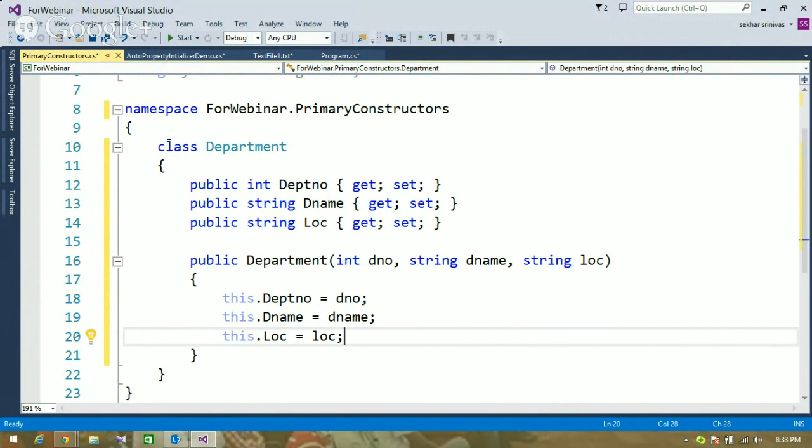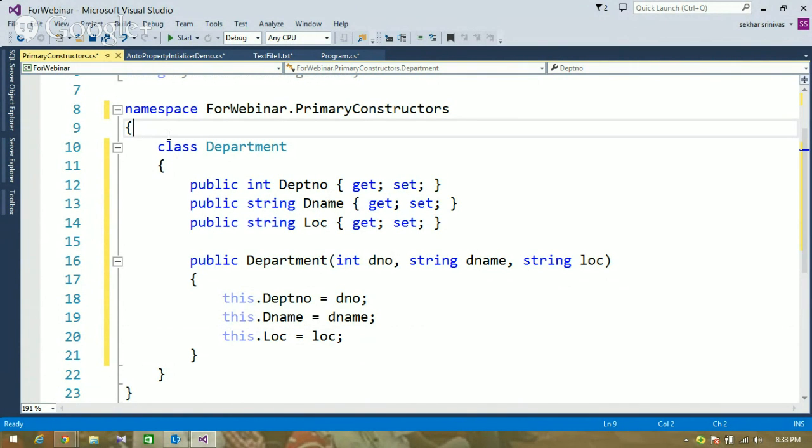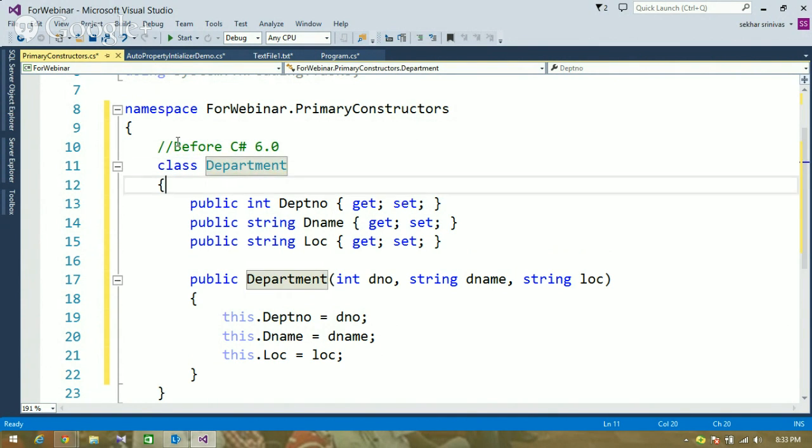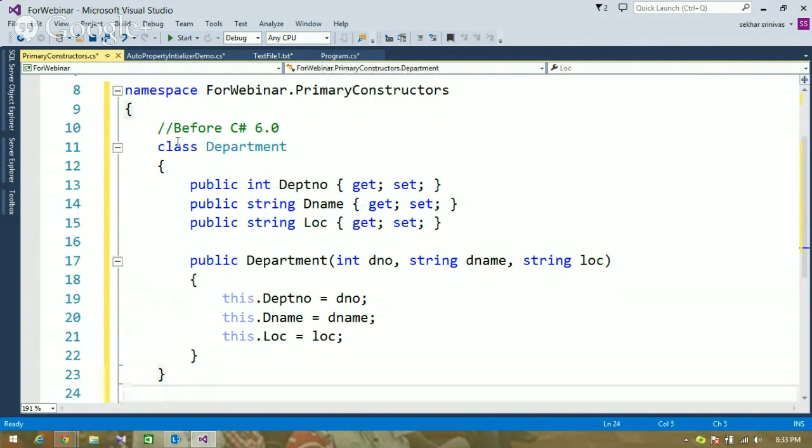So this is how we used to do this. You will see that particular syntax, Manoj. So this is before C# 6.0. Now, if I wanted to write the same thing with C# 6.0,